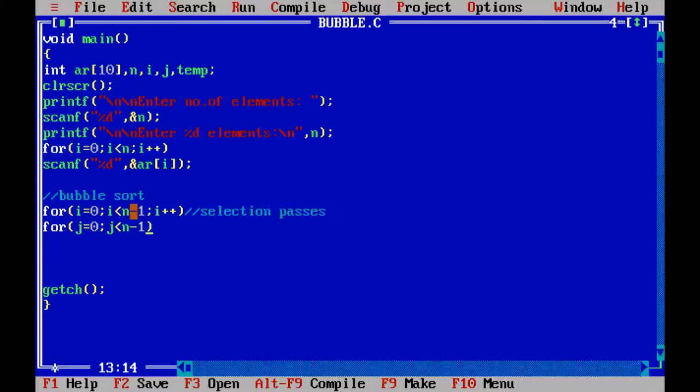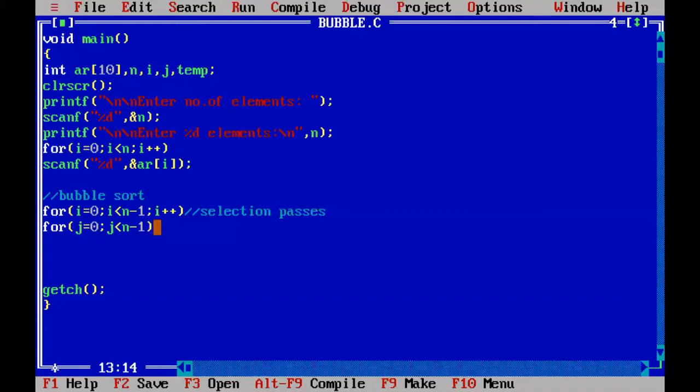And for every pass, already one element will be sorted. So after pass 1, you need not test the last element. After pass 2, you need not sort the last 2 elements. After pass 3, you need not sort the last 3 elements. After pass 4, no need to sort the last 4 elements. So how to ignore the already sorted elements?